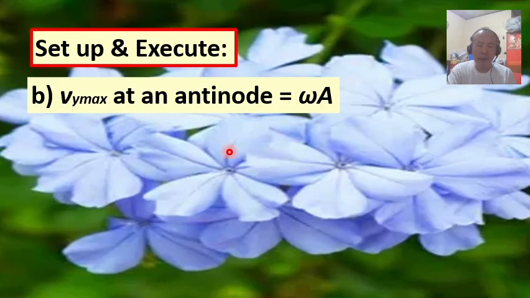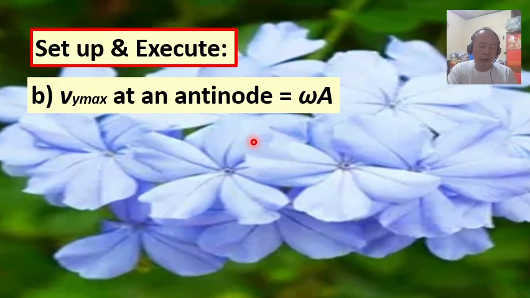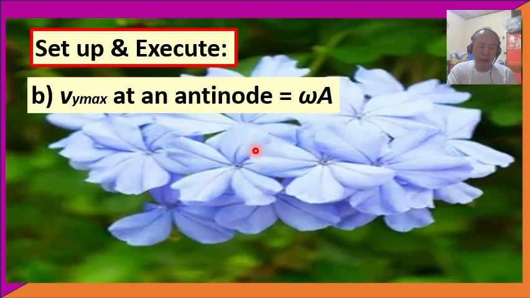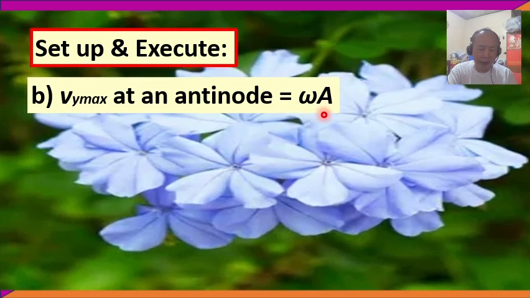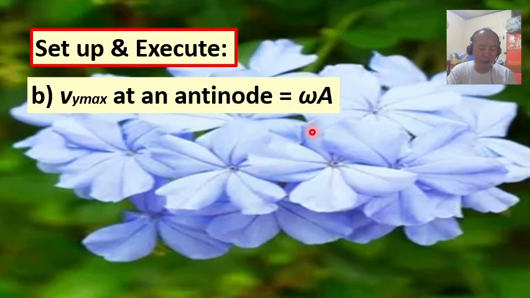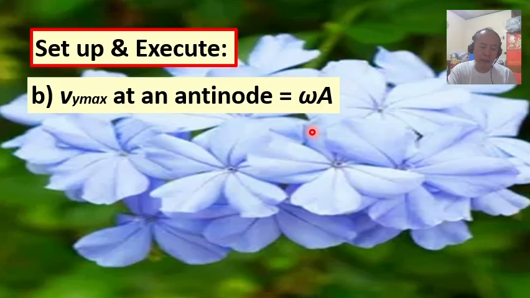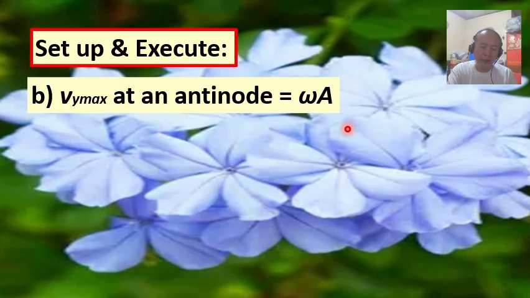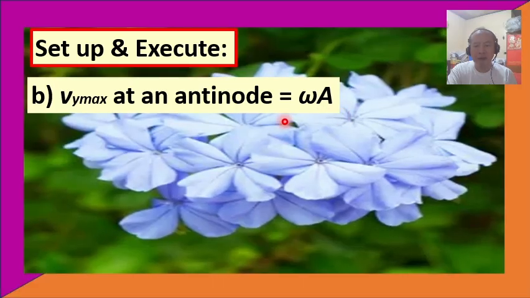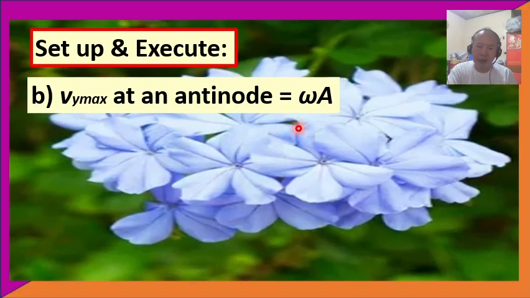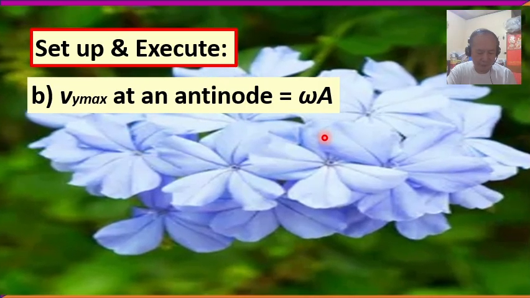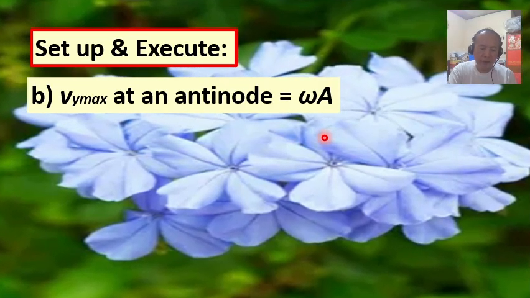The derivation of this equation v sub y max equals omega times A, as well as that of the transverse acceleration a sub y max equals omega squared times the amplitude A, discussed later in part C. First,